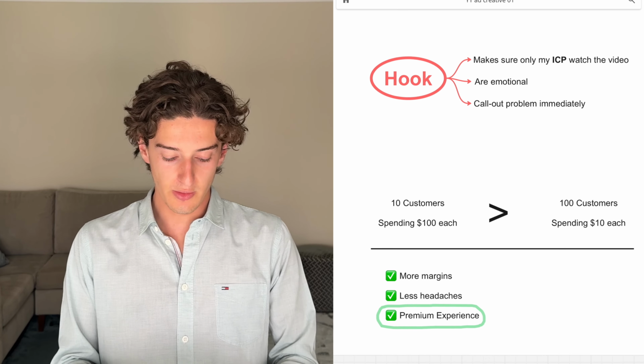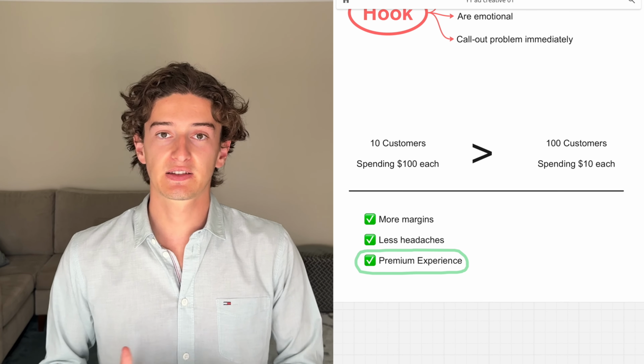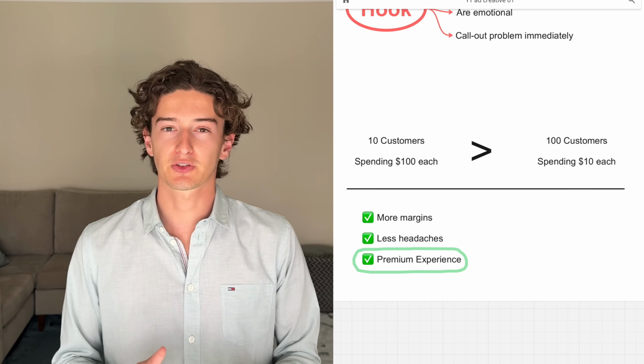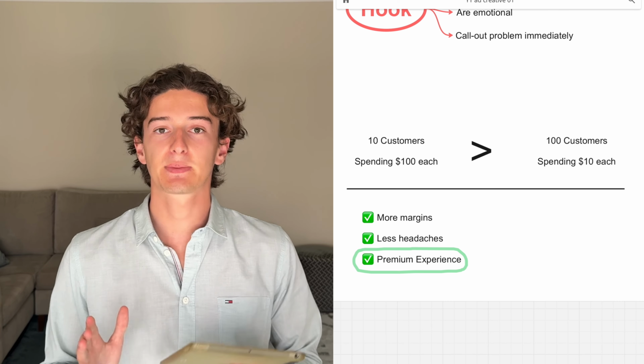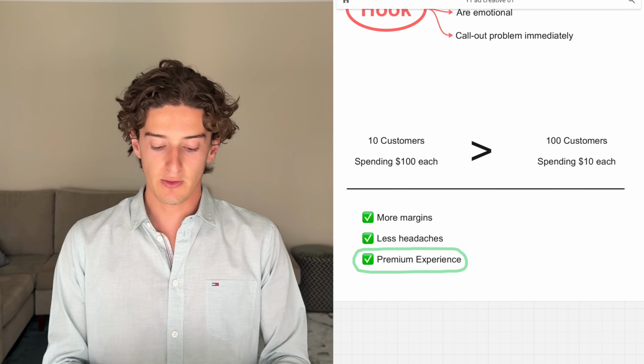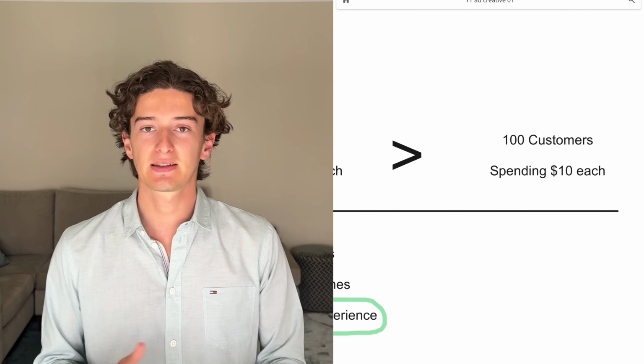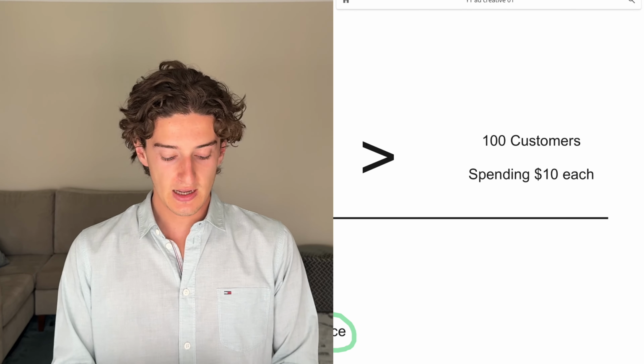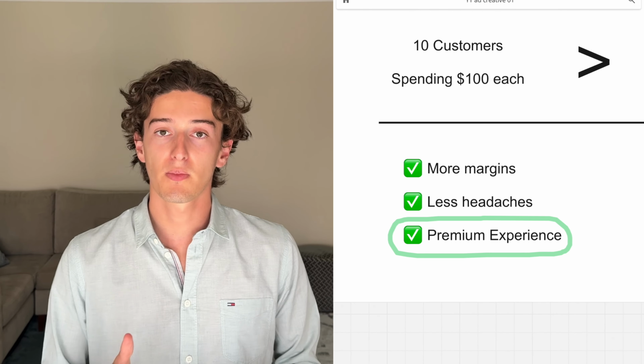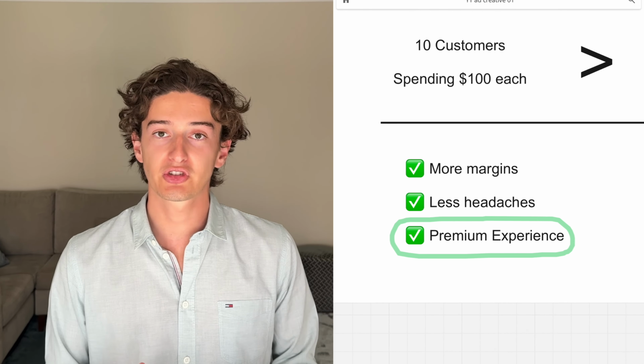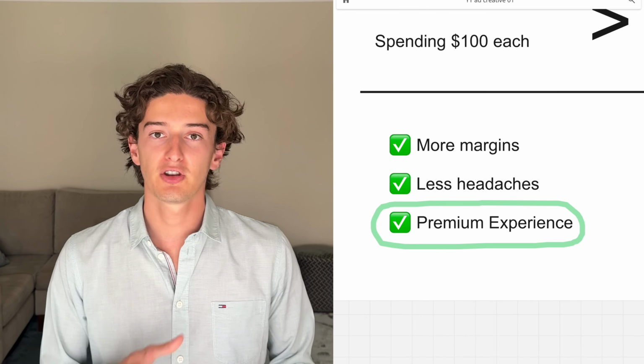Now, another really important thing I do in this store is focus on the quality of customers. I'd rather have 10 customers that spend $100 each rather than 100 customers that spend $10 each. And you know why? Because it generates more margins, so I can scale further in the ad account. It has less headaches, less returns, less problems, less customer support, less logistics, and I really focus on the premium